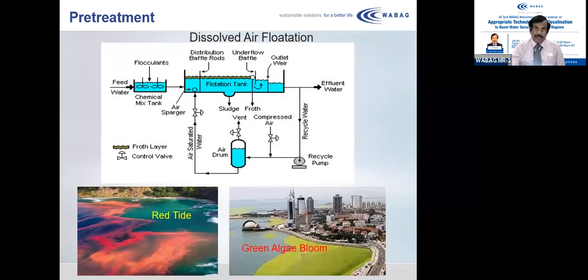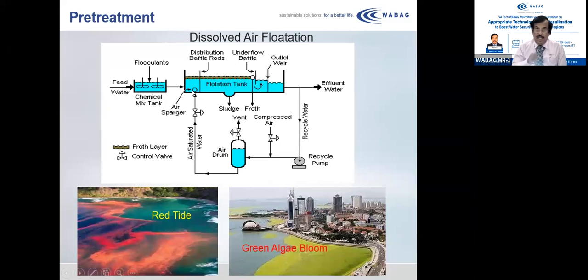The dissolved air flotation system is becoming more and more common because of the recent blooms in algae and also red tides, which are often seen. Most of the plants recently getting built in the Arabian Sea area in the Middle East are built with the dissolved air flotation system. In the dissolved air flotation system, water enters and it is coagulated and mixed in the mixing chamber, and then it is admitted into the flotation tank where saturated air water is